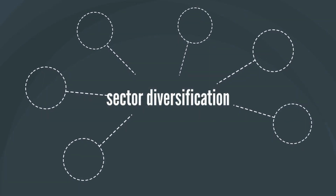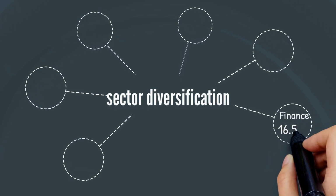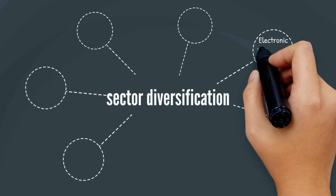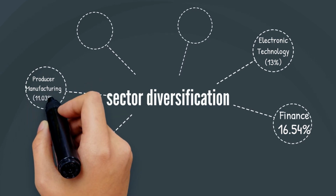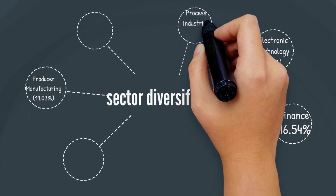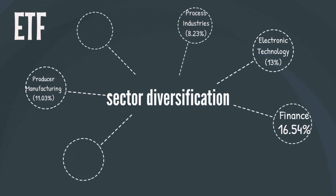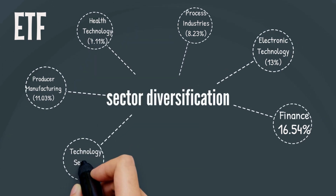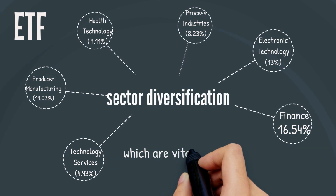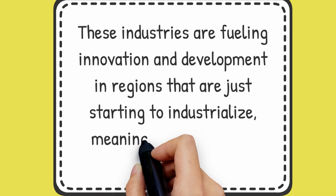In terms of sector diversification, EEMS is quite broad. Finance takes the lead with 16.54% of the fund, followed by electronic technology, 13%, producer manufacturing, 11.03%, and process industries, 8.23%. But what's really interesting about this ETF is its exposure to sectors like health technology, 7.11%, and technology services, 4.93%, which are vital areas of growth in emerging markets. These industries are fueling innovation and development in regions that are just starting to industrialize, meaning there's a lot of